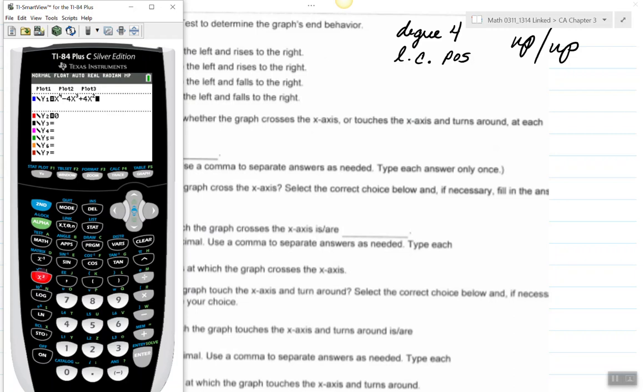We actually could solve this and find the x-intercepts perhaps by factoring, because there is a greatest common factor of x squared, and then we can probably factor the rest. But if we just go ahead and do a zoom 6,